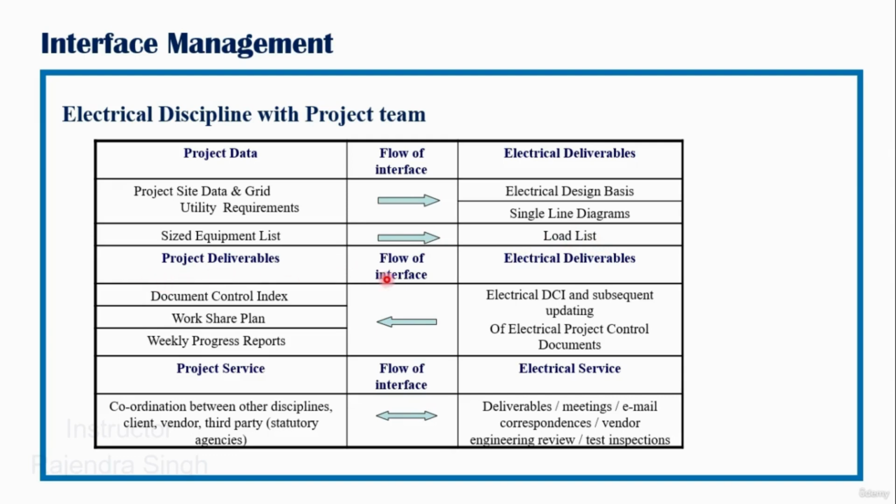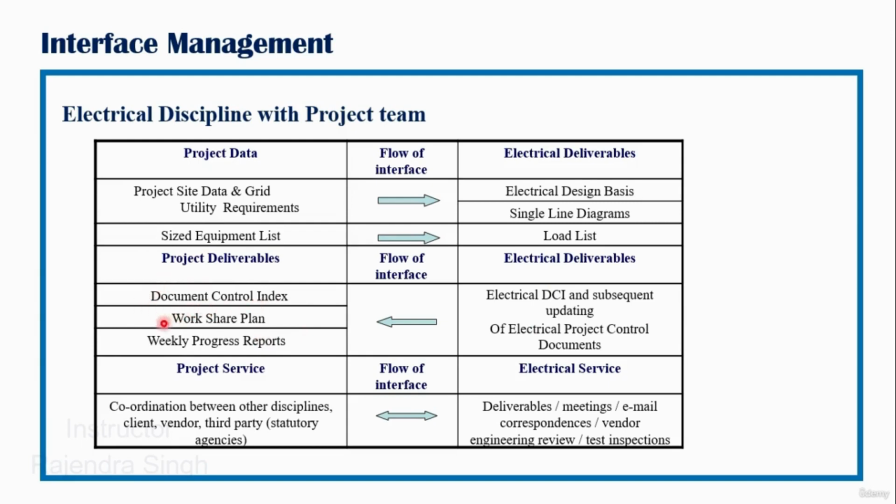For project deliverables, it is a reverse flow, as you can see here. The electrical deliverables or DCI and subsequent updating of electrical project control documents. Once this electrical DCI and the subsequent documents are updated, they go as an input to the project team for the preparation of, firstly, the overall document control index (DCI), wherein these electrical documents will be mapped. The work share plan: